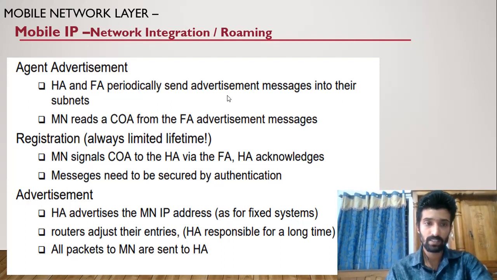The mobile node receives that address, frames a packet, and sends that information to its home agent through that FA. So whenever a mobile enters a foreign network, it listens for the address of the foreign agent, takes the address, and sends a packet to the HA saying, "I now belong to this particular network and my care of address is this." The response from the home agent will come back to the foreign agent, and the foreign agent will deliver it to the MN. Likewise, it can register to the network.